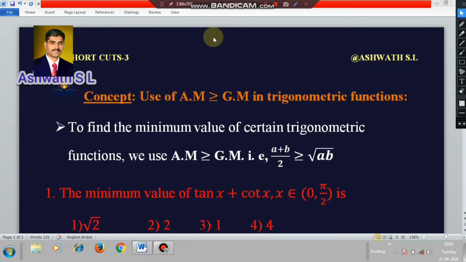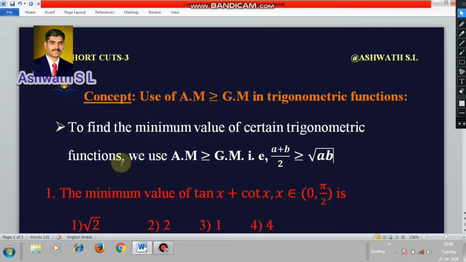Dear students, the use of arithmetic mean greater than or equal to geometric mean in trigonometric functions. See, this relation between arithmetic mean and geometric mean is studied from the chapter sequence and series. We are using this relation for many problems when they ask to find out the minimum value of certain functions. So today I have chosen one concept among that: we are using this relation in finding the minimum value of